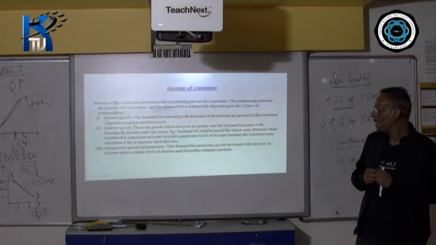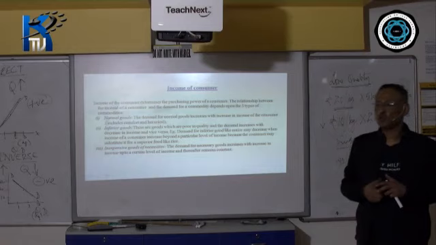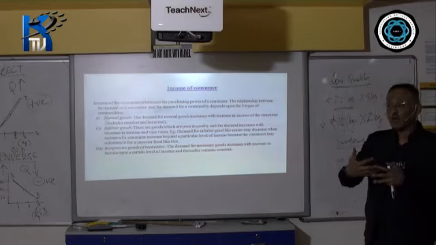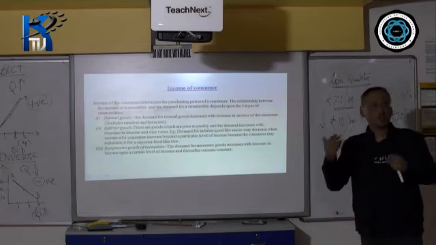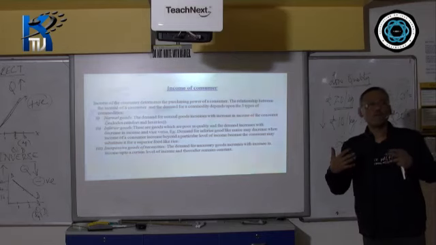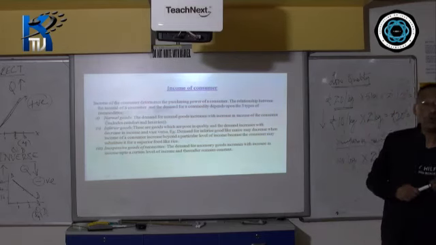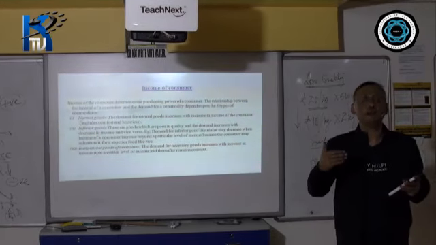Fine. If you have a better income, if you're well off, then you might buy 2 packets of salt. You're buying more. That means if your income is more, you are buying more. But what happens is, you are very rich, very wealthy. You can afford any number of packets of salt. But will you buy 1 truck of salt? No, you're not going to buy. Your limit is just 2 packets of salt or maybe 3 packets of salt.